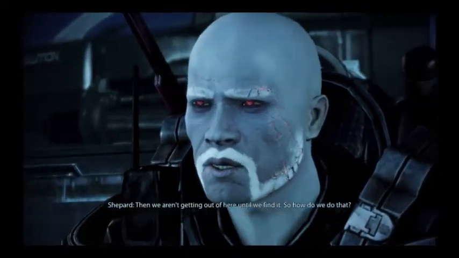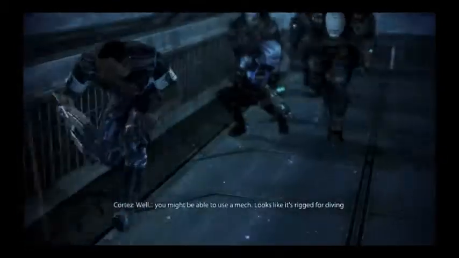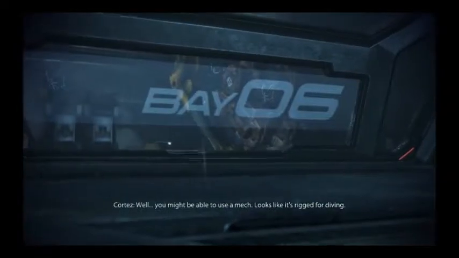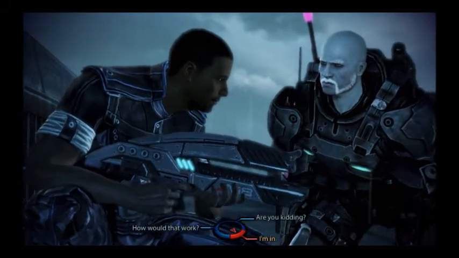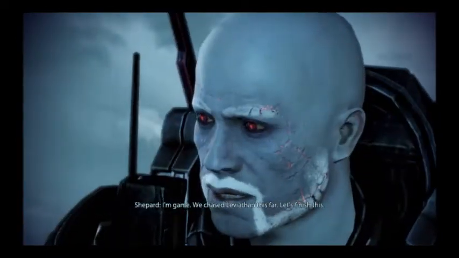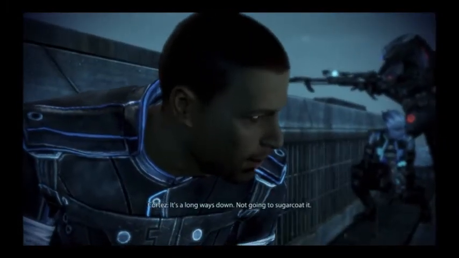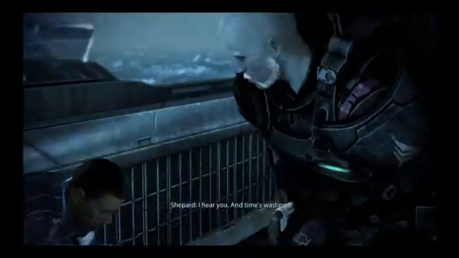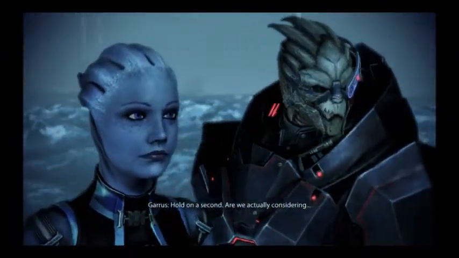Then we aren't getting out of here until we find it. So how do we do that? Well, you might be able to use a mech. Looks like it's rigged for diving. I'm game. We chased Leviathan this far. Let's finish this. It's a long ways down. Not gonna sugarcoat it. I hear you. Time's wasted. Hold on a second. Are we actually considering...